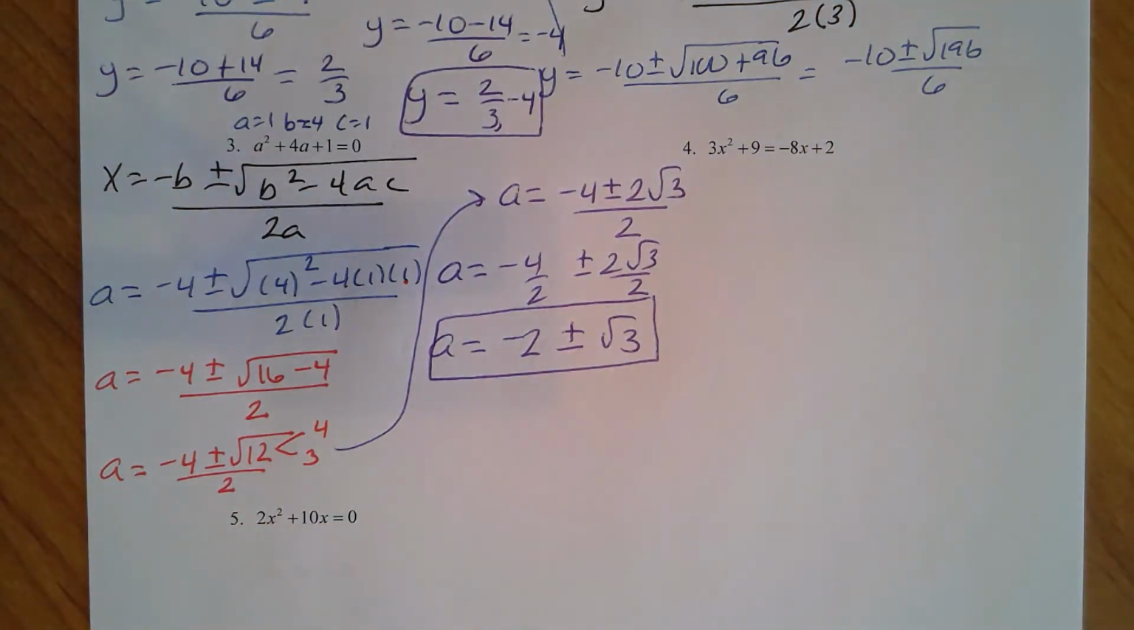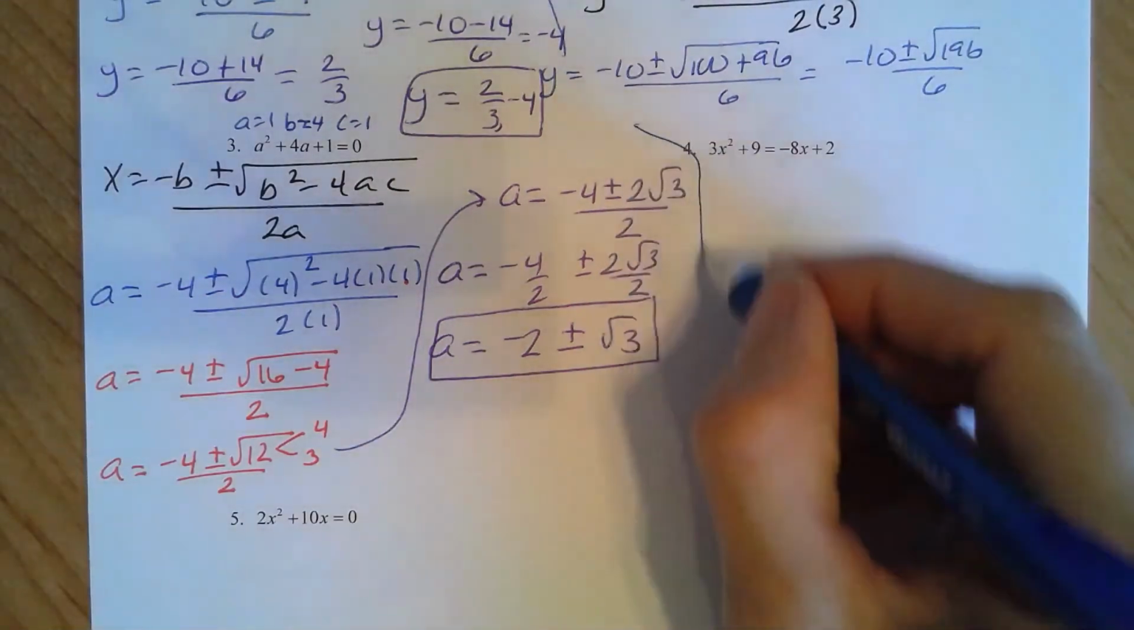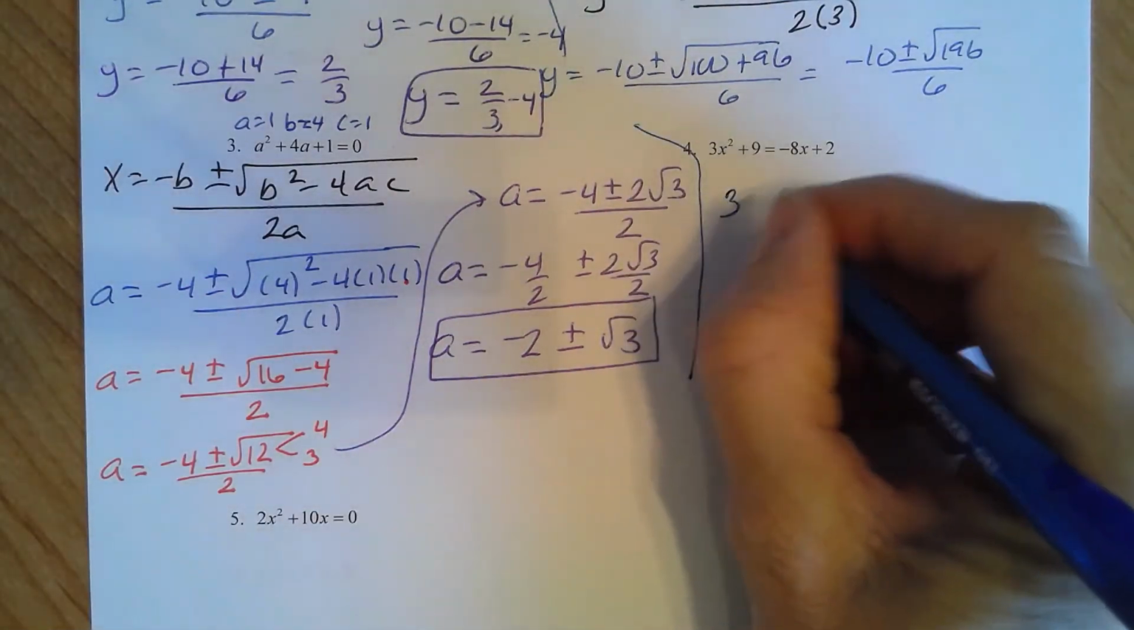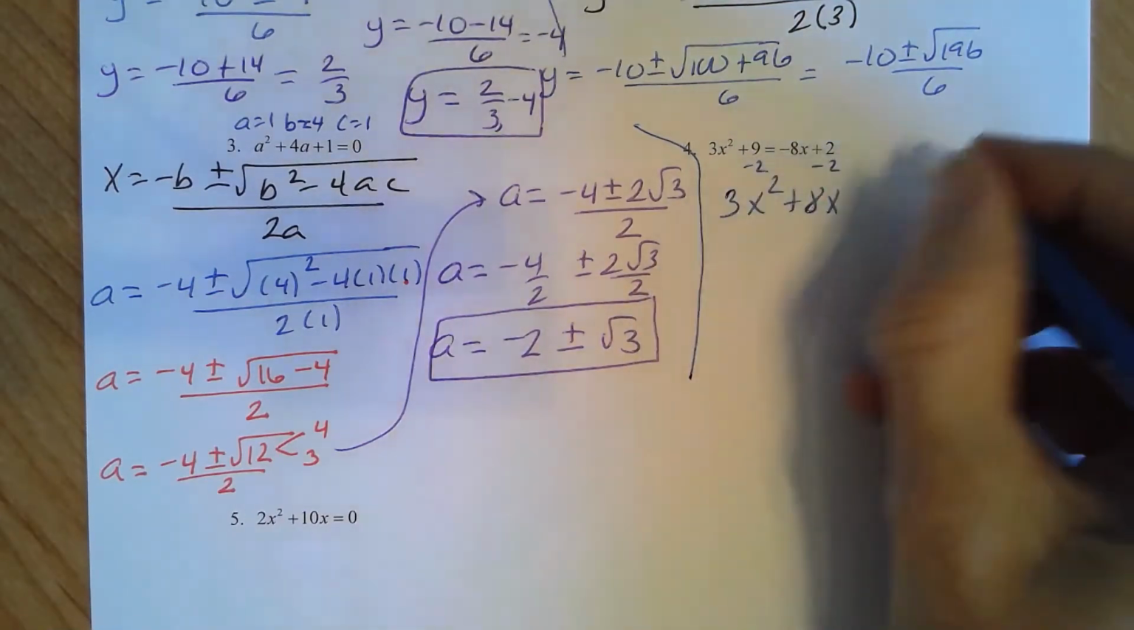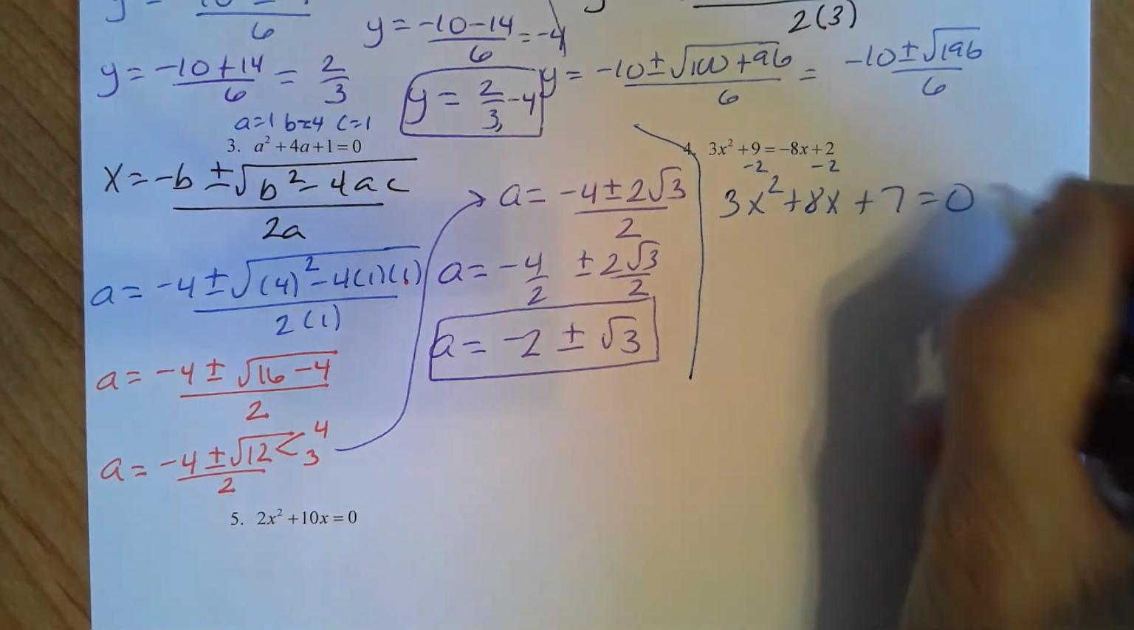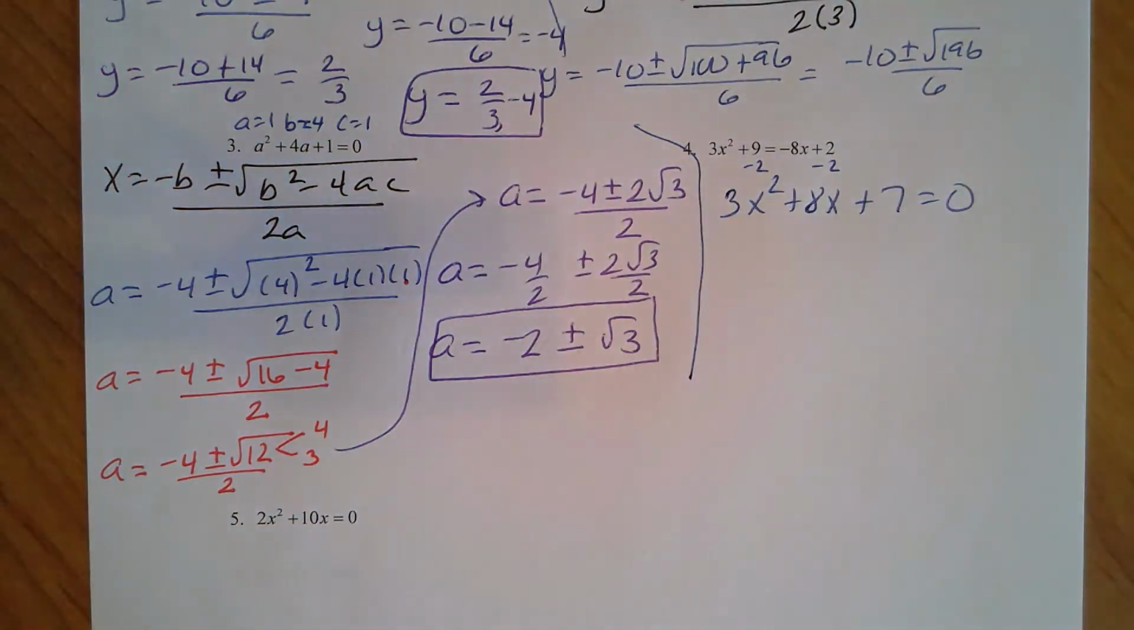So on number 4, the first thing we probably need to do is bring everything over to the same side. So I'm going to add over the 8x, and I'm going to subtract the 2. So I'm going to end up with 3x squared plus 8x plus 7 equals 0. You could try the AC method,